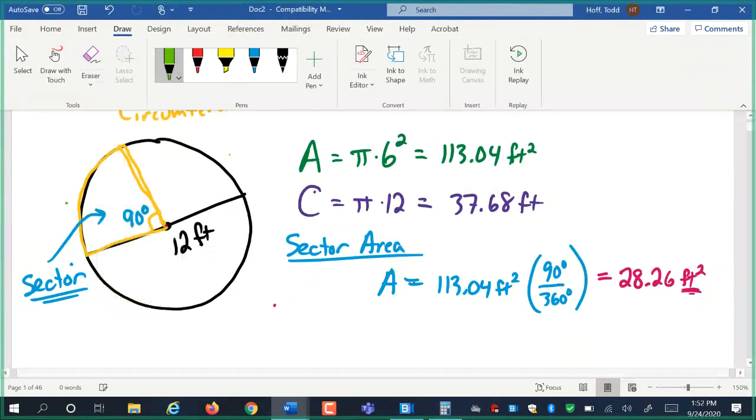This piece out here, that portion of the circumference of the circle, is called an arc. To find the arc length,